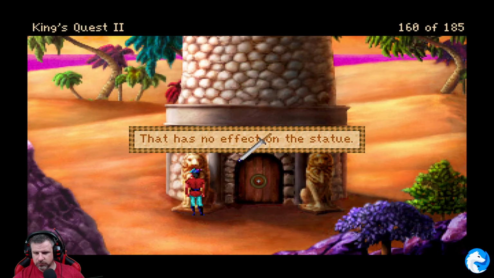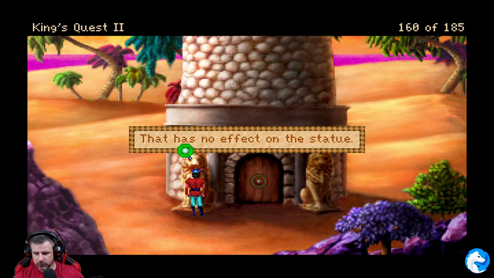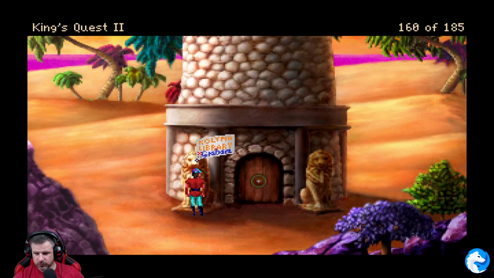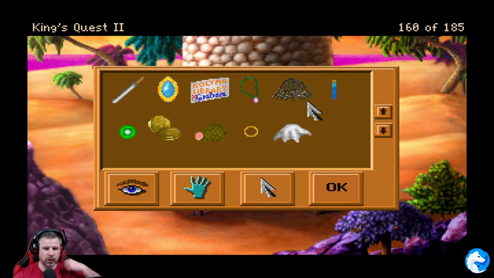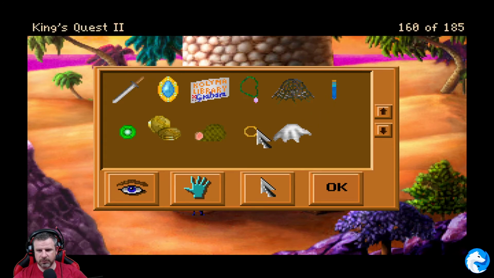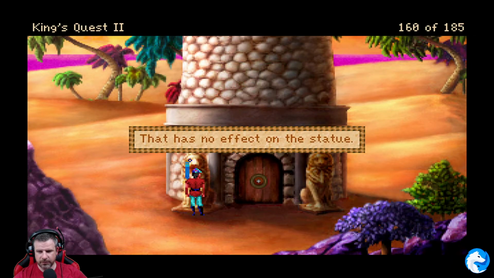That has no effect. That has no... That... That has... That... You calling me? What's up? What? That... That... No. That... Why? That...